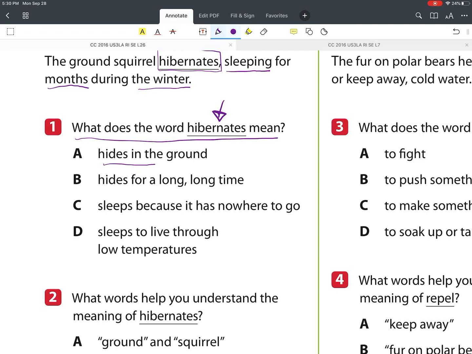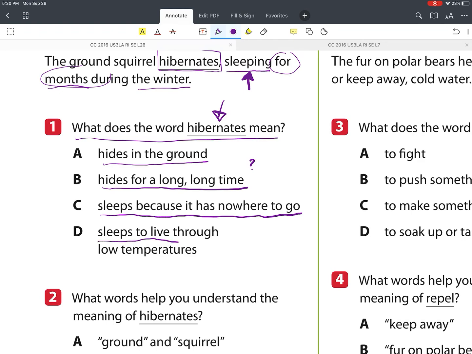Does it mean hides in the ground? Well, nothing in the sentence made me think that. Hides for a long time. Well, 4 months, maybe long time. I'll put a little question mark here, but I'm not sure. Sleeps because it has nowhere to go. Well, sleeping is in there, so